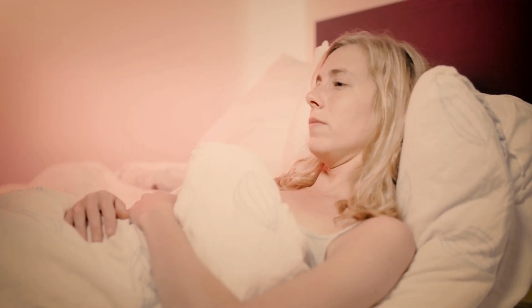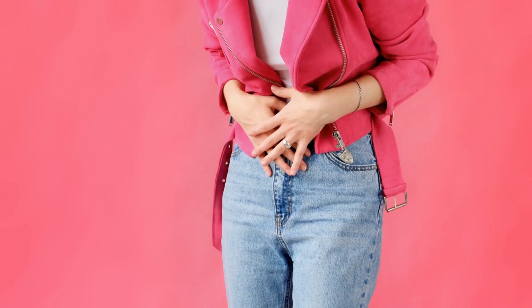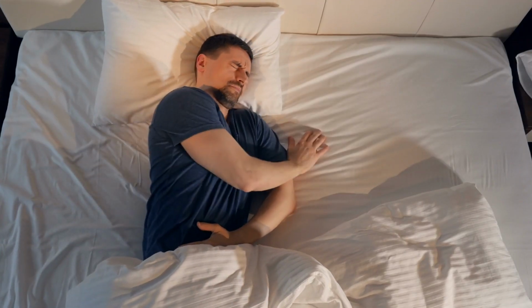Stomach acid is a vital component of the digestive process, but sometimes it can get out of control. When stomach acid enters the esophagus, it should continue on its way to the stomach. However, sometimes it can take a wrong turn and enter the esophageal lumen, which is the tube that carries food from the stomach to the throat. This can happen for a variety of reasons, including: